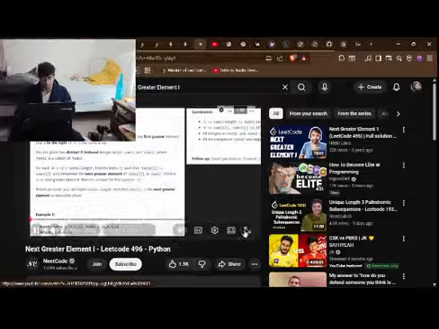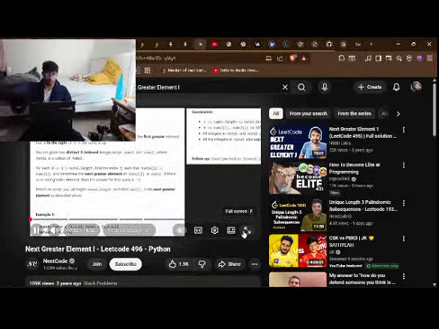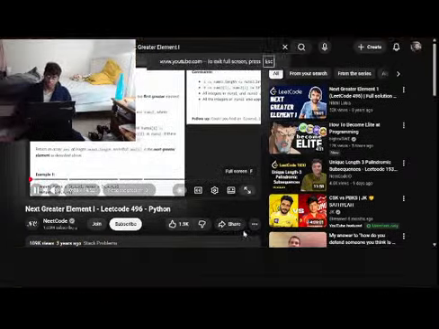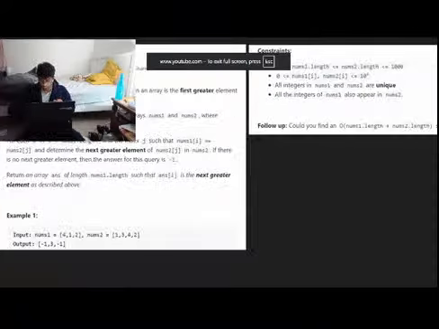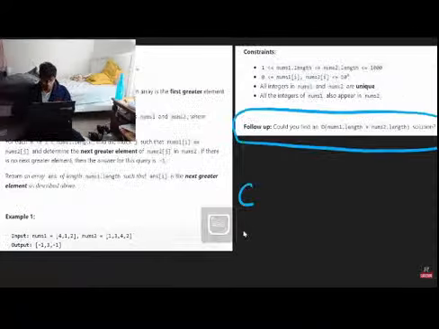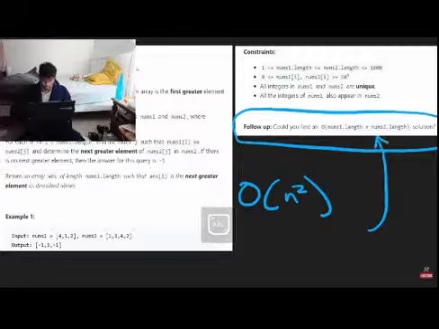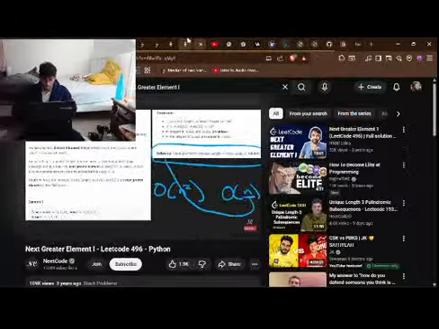Hey everyone, welcome back, and let's write some more neat code today. So today let's solve the problem next greater element 1. And I'm actually going to be doing both solutions for this problem. So over here you can see that there is a follow-up for this. So there's going to be kind of an n squared solution, and then the more efficient one, which is pretty much a big O of n, where n is going to be the size of the larger input array. But